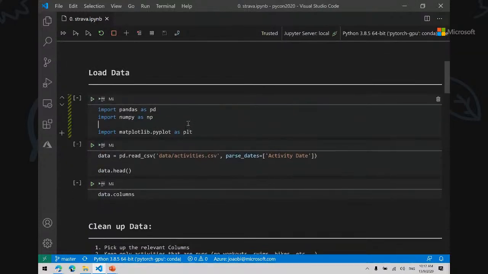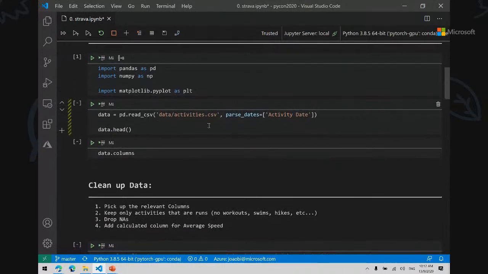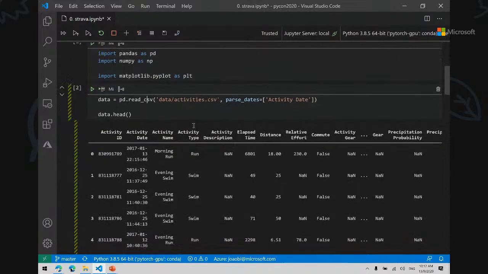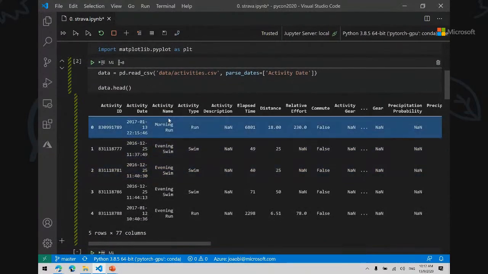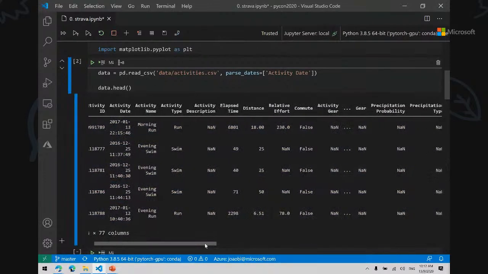I'm going to start first by importing libraries that I need. I'm going to load the CSV with my activities into a pandas data frame and take a quick look at the first five records. And you can see here you have activities and so on.